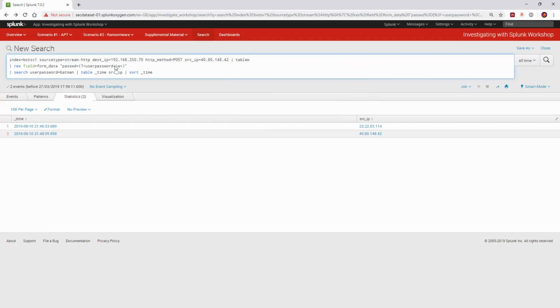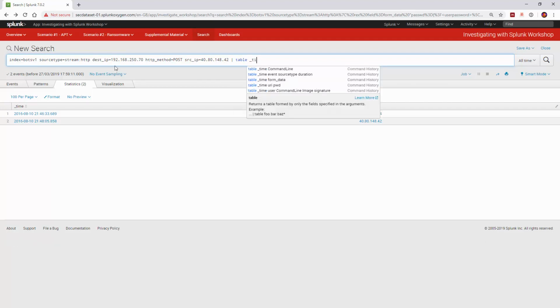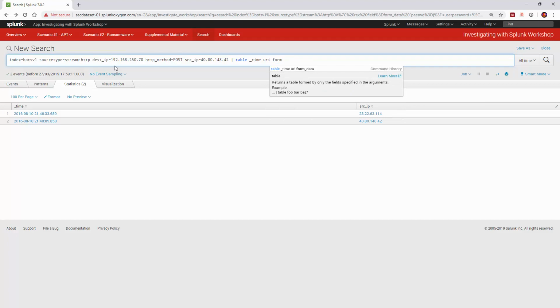And we'll extract out that. We can extract out the fields that we're interested in, which would be the time. We want to see what happens in our timeline. Let's look at the URI that was called, the form data maybe, and we'll sort that